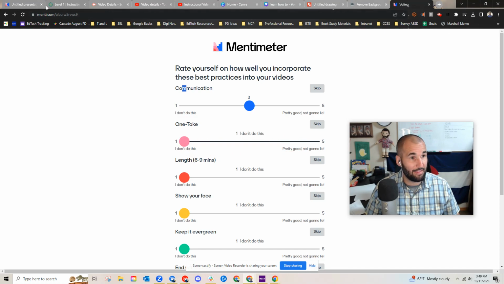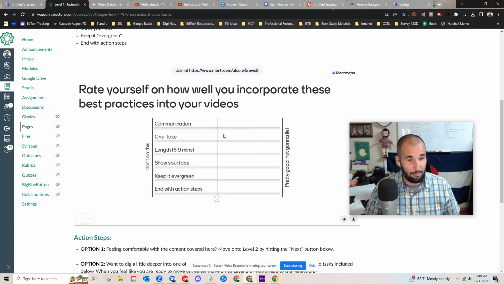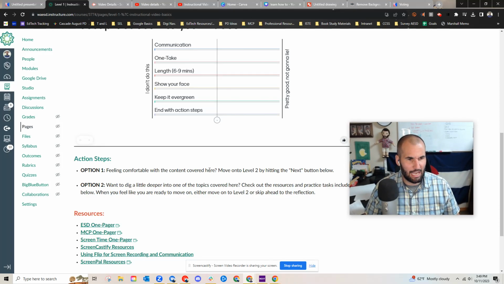And then as you update that, if we come back to Canvas, once you submit, it's going to automatically give us the averages here so you can see how everybody responded to that. Then go ahead and roll down here and decide which one of these action steps applies to you and follow the instructions there. All right, let us know if you need any